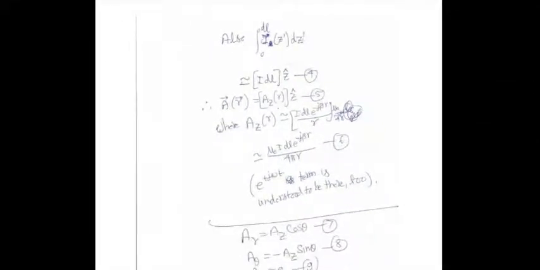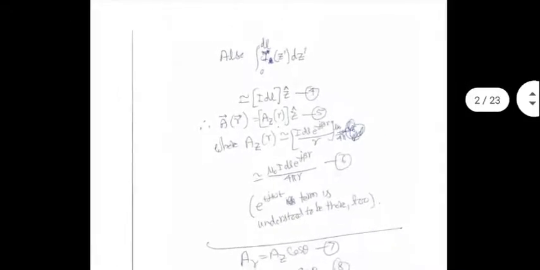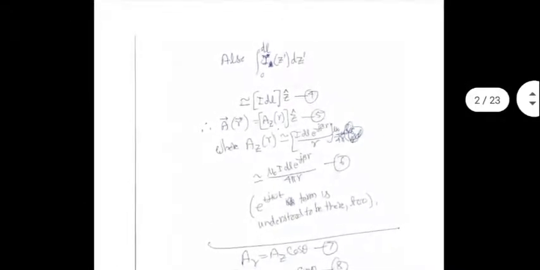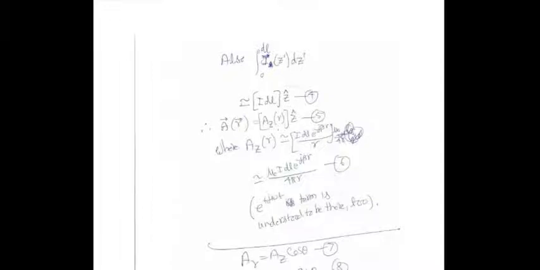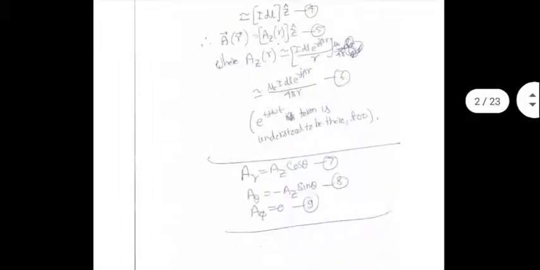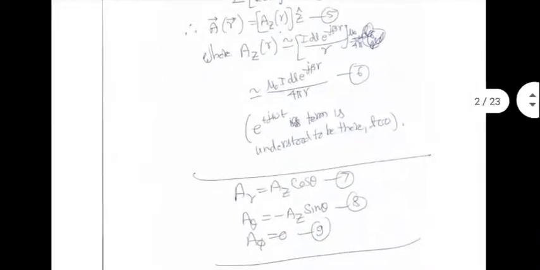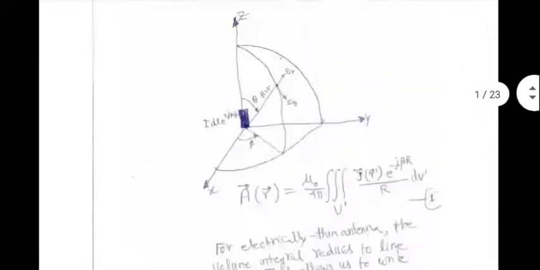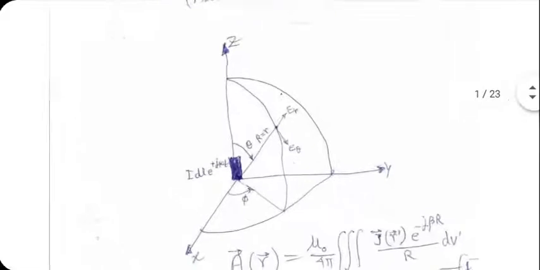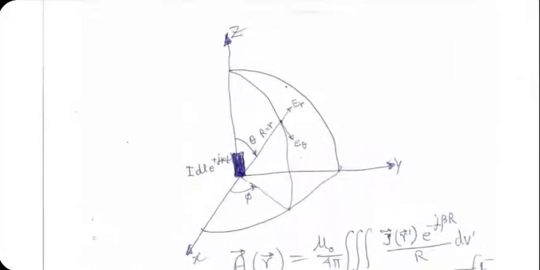Now, once you know AZ, you have to move to the spherical coordinate system now. And I have proven these equations in the previous lecture that if you have a vector which has only a Z component, AR, A theta, and A phi are given by these equations. Even physically, you can see it actually. If you go back to the diagram, AZ is along the Z axis. If you want AR, it will be AZ cos theta. It's obvious, right?